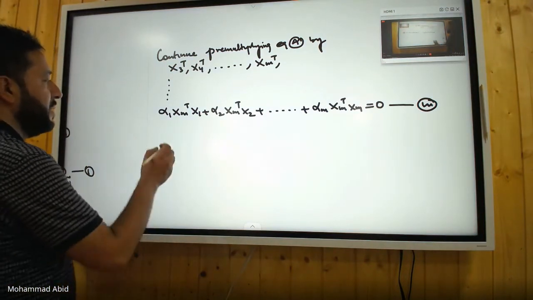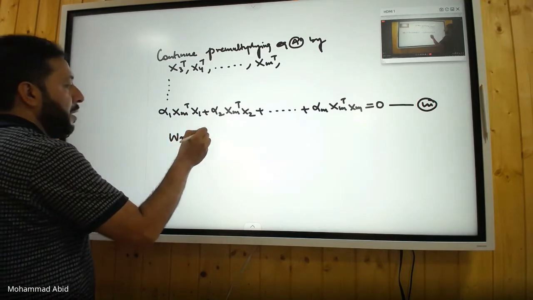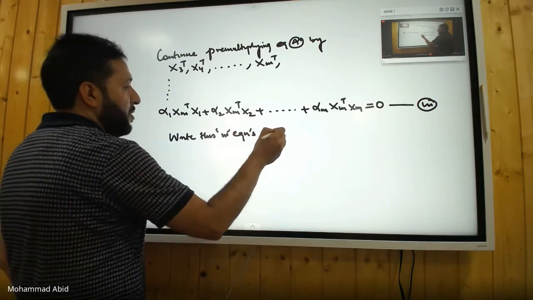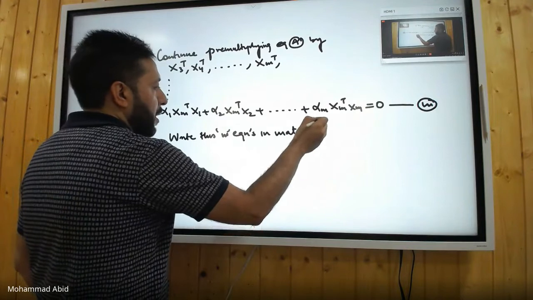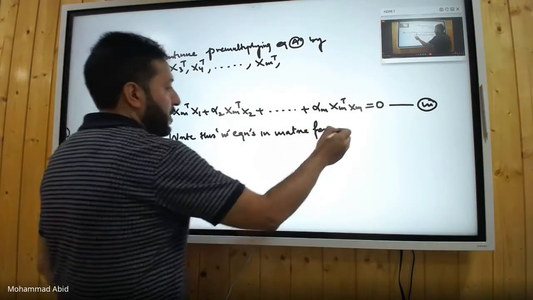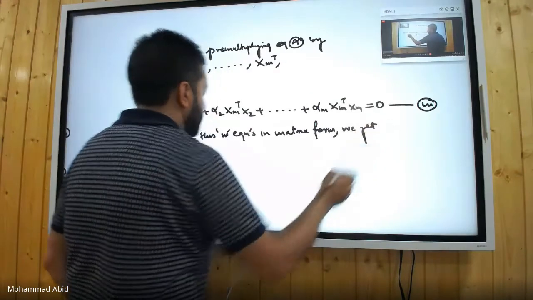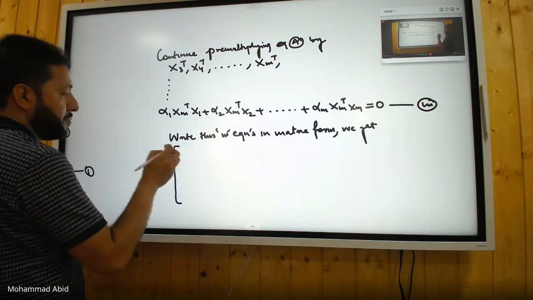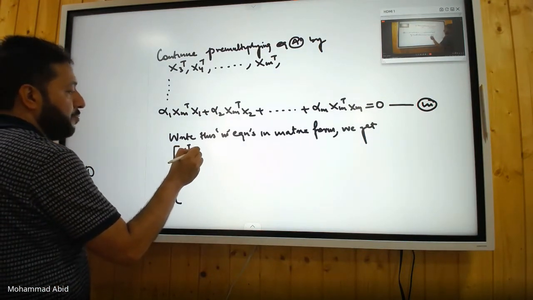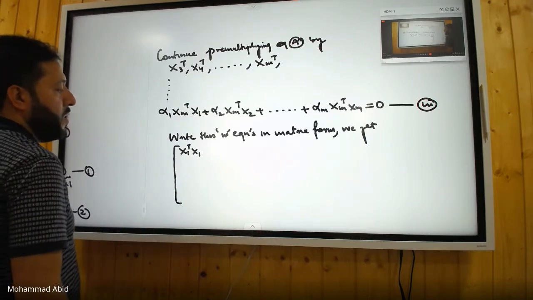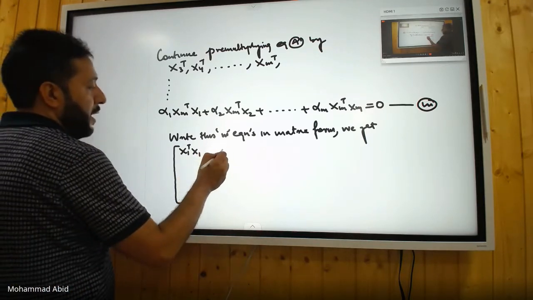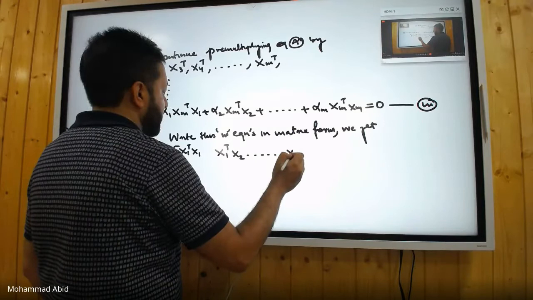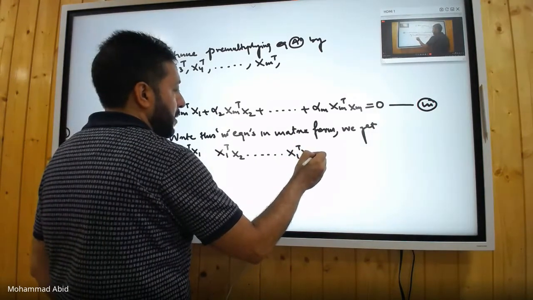So I'll write these m equations in matrix form. What do we get? Yes, help me. So we will have x1 transpose x1, x1 transpose x2 plus this one, x1 transpose xm,